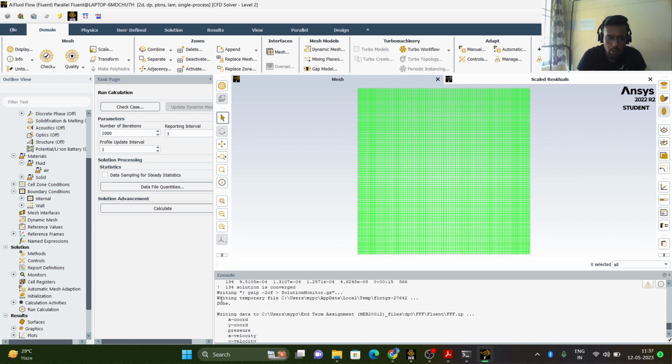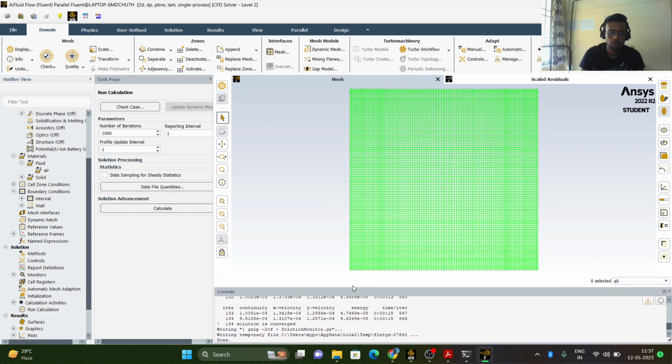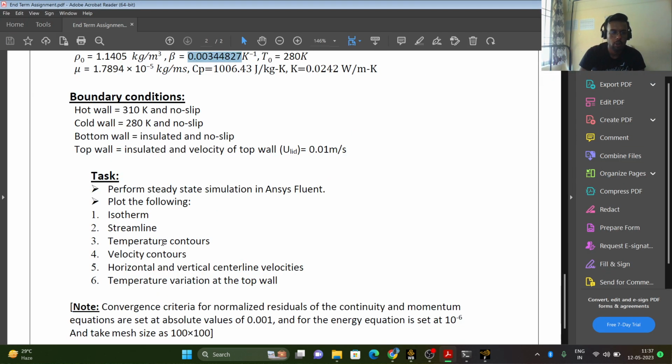Yes, at iteration 134 the solution is converged, and these are the values. Okay, so since the solution is converged, the calculation is completed. Now we will go for post processing, which will include isotherm, streamline, temperature contour, velocity contour, horizontal and vertical center velocity and temperature based on the top one. Okay, first we'll